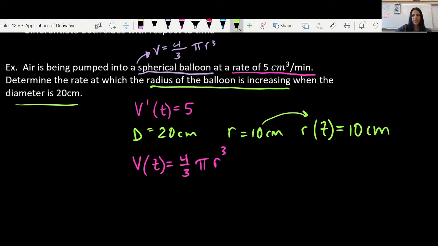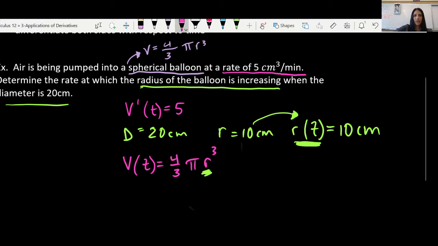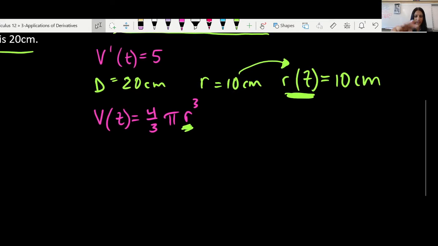So this and this are the same thing, just tying it all together and putting it in terms of this. And then notice that this is the same thing as this. So I can substitute that in here. I can rewrite this to say that my V of t is equal to 4/3 pi, and instead of r cubed, I'm going to do this